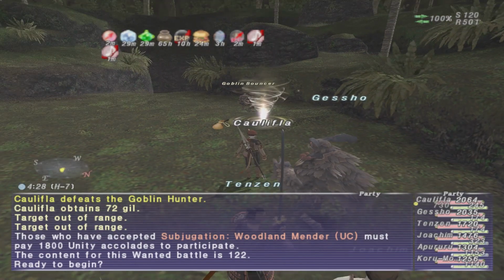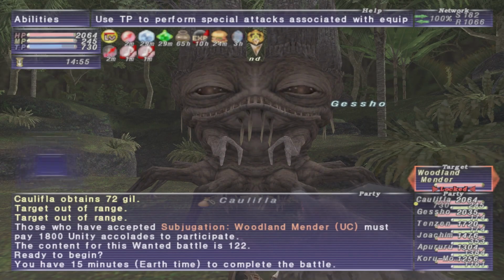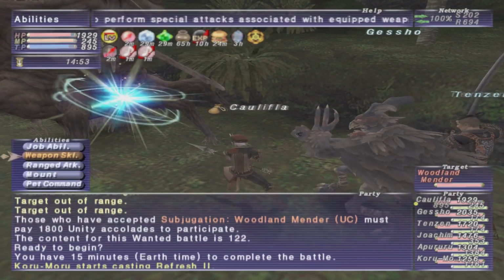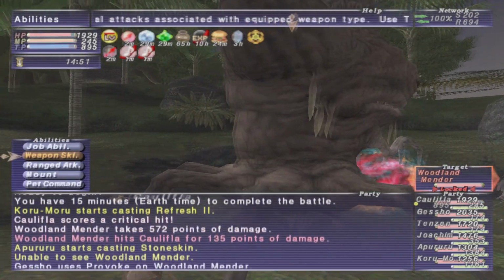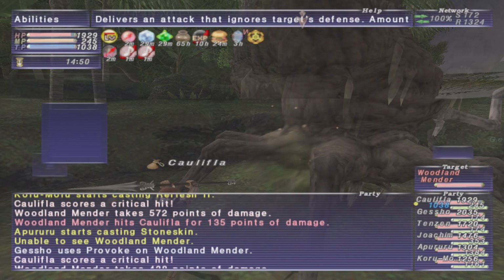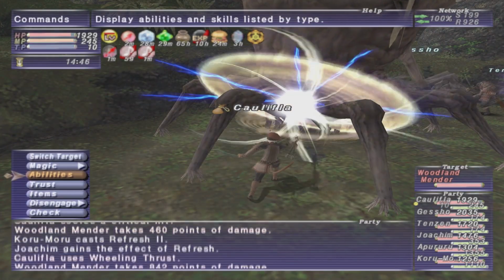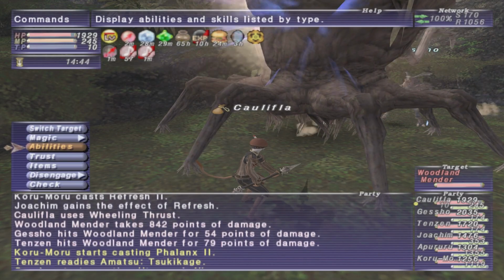In this video I'm going over Woodland Mender. This NM is a level 122 NM that you can pop in Yhoator Jungle at either G10, H7, or I10 for 1800 Unity accolades. This NM is a white mage base mob as it has an innate regen, and it